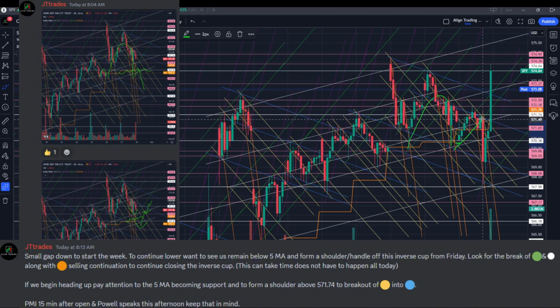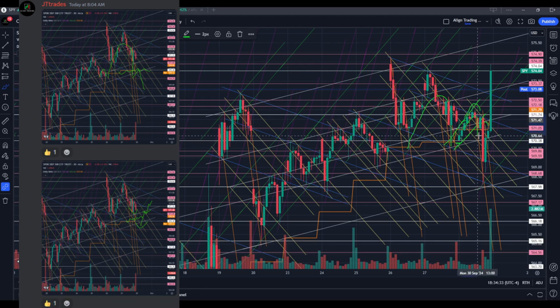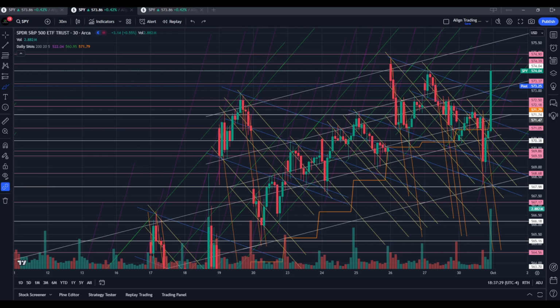So you see how we started to form this handle right here, and eventually we did lose this 5-day moving average with that head and shoulder right there and close this cup. Now we will go over this on the 1-minute chart as well, but when it was time to form this handle right here, you see how there is no handle to continue lower and grab the rest of that liquidity to the downside, and instead that 5-day moving average that I explained you had to be paying attention to, we formed that inverse head and shoulder back off of it.